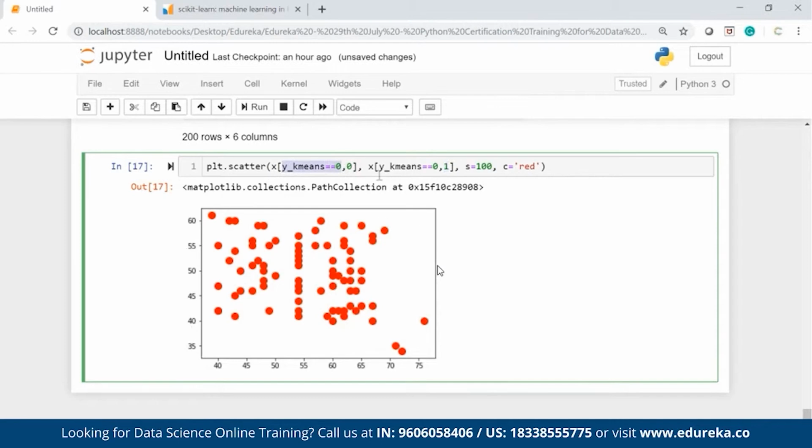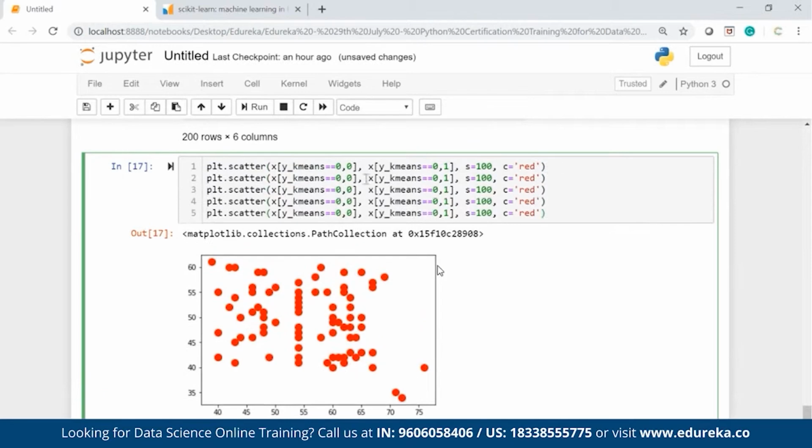So I'm filtering the cluster number 1 data and plotting cluster number 1 data only. s equal to 100 means the size of the circles is equal to 100, and c equal to red means color as red. So this is only the first cluster. I have to do the same thing for the rest of the clusters as well. So here I will change the value 1, 2, 3, 4. Here also 1, 2, 3, 4. And I want to change the color as well